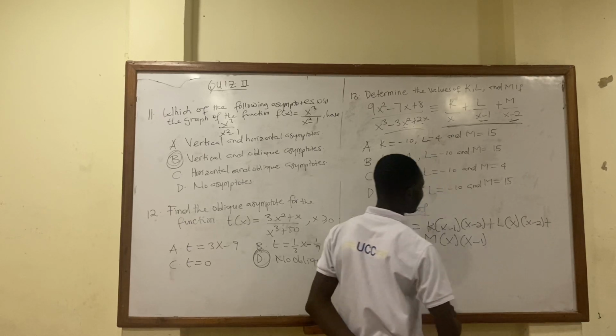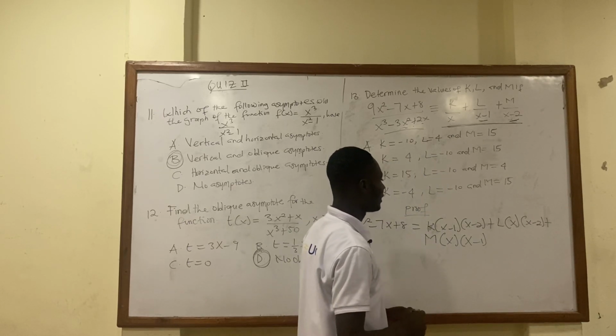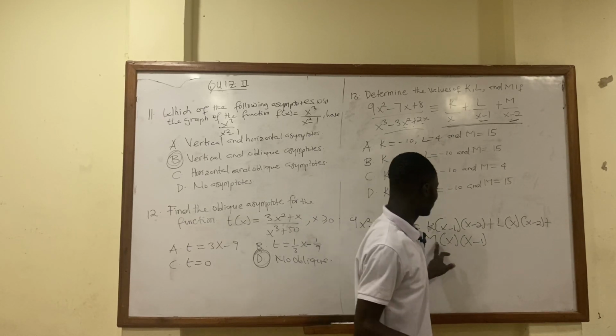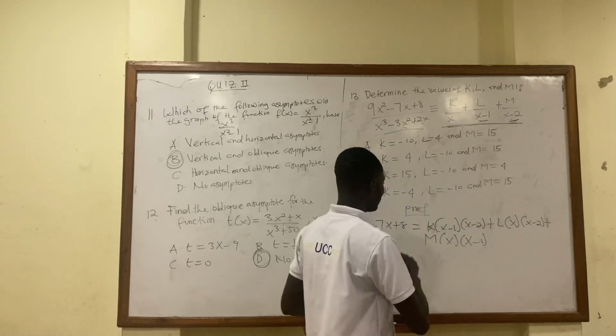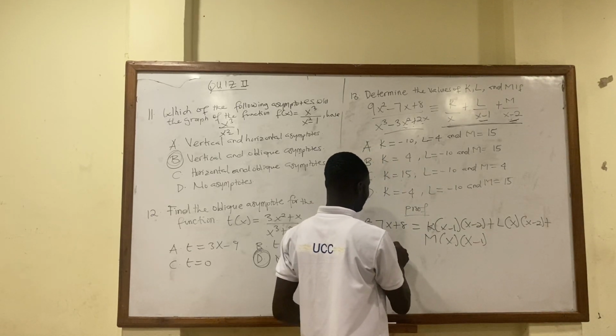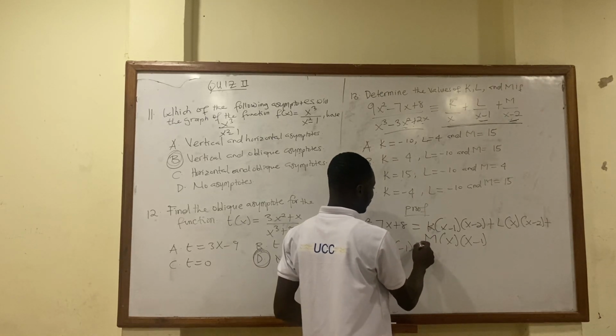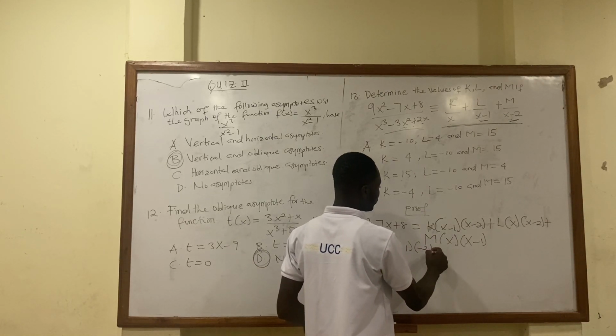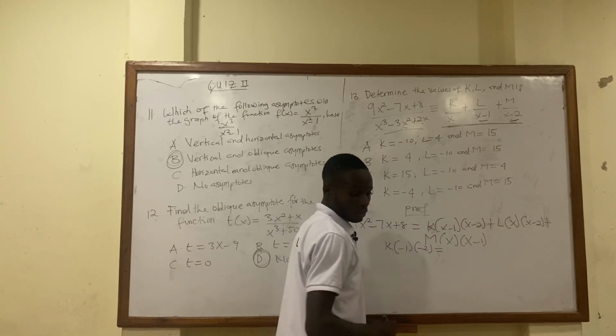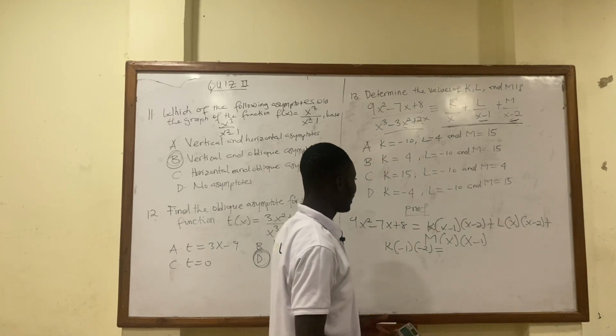All right, so when x is 0, this will go and this also goes. So we have k into minus 1 into minus 2 is equal to